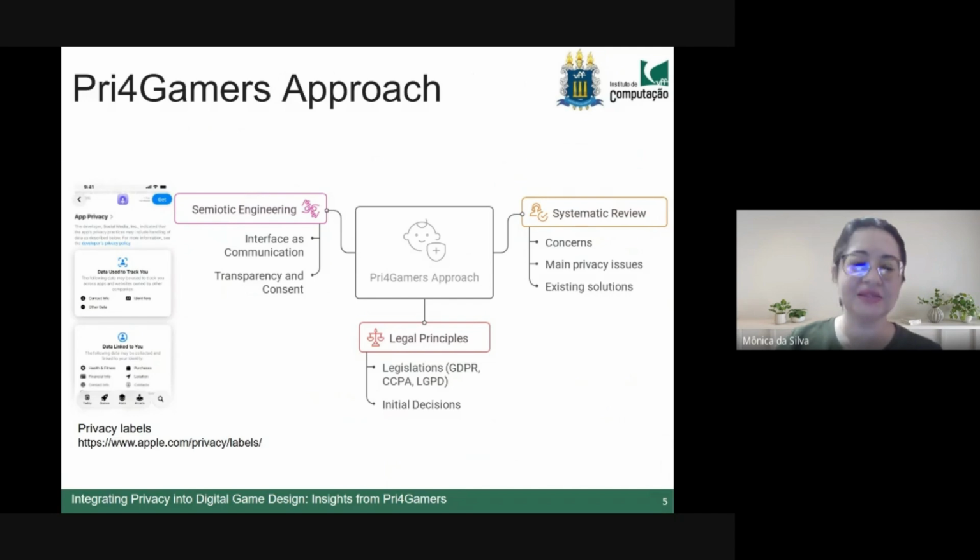symbols. The signals shown here on the left provide a straightforward example of a display featuring some of Apple's privacy labels, illustrating signals that Apple recommends using. But how will these signals be interpreted by players if you integrate them into the games? Will they be able to understand? So, semiotic engineering was integrated into this approach so that game developers consider whether the symbolism, warnings, and alerts they offer is truly understood by the player.